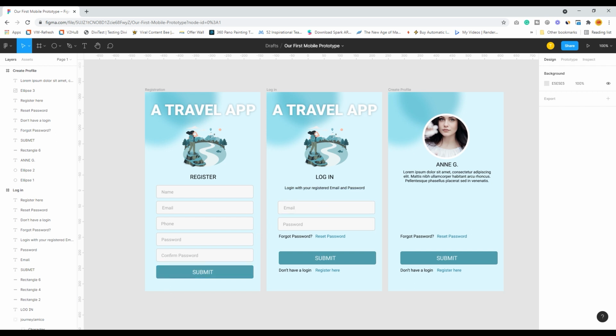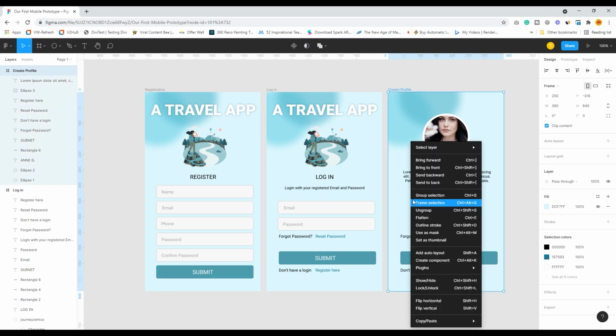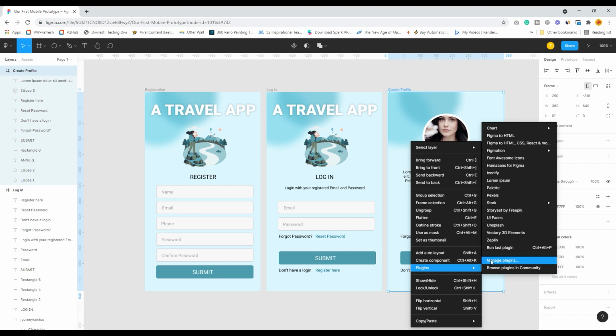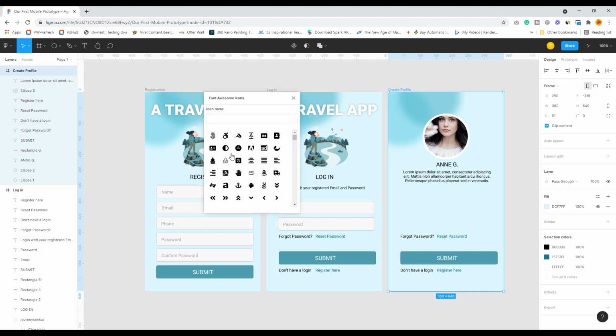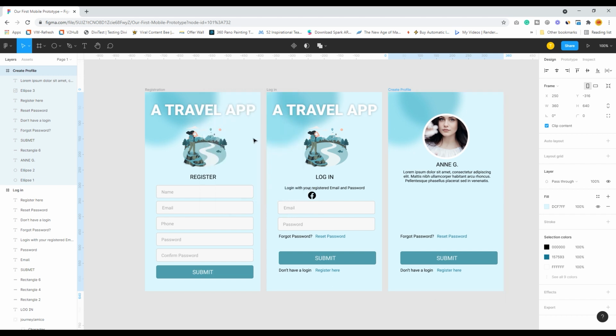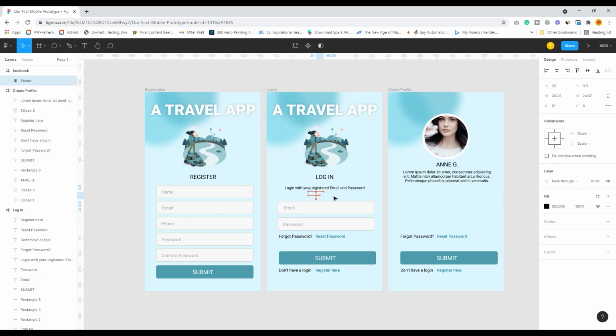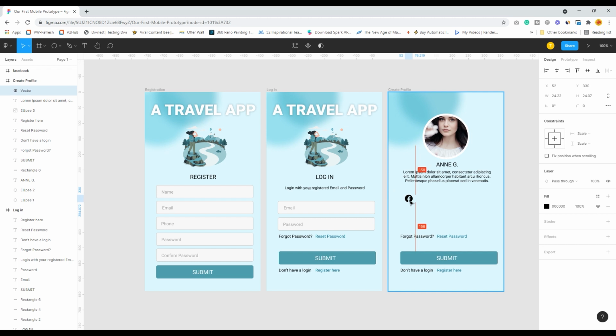So I can right click and go to plugins, and then go to Font Awesome icons. Let's see if we can get some icons over here. I will just say Facebook. Wow, it is there. So I will check this circular icon of Facebook and drag it over here.